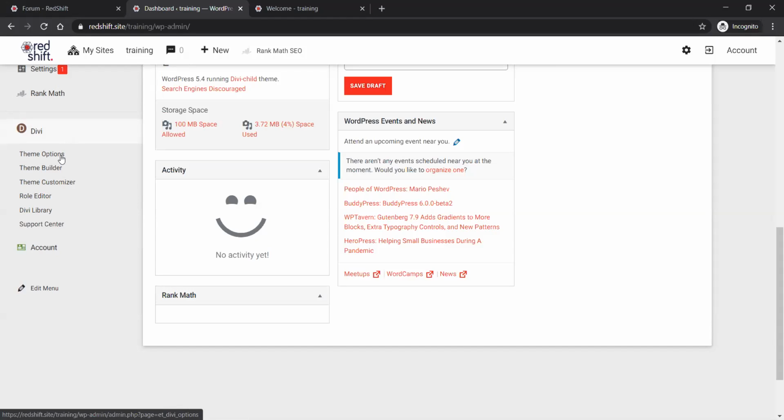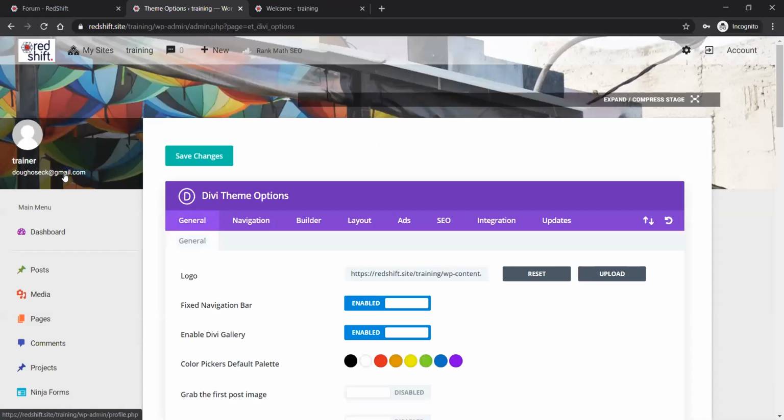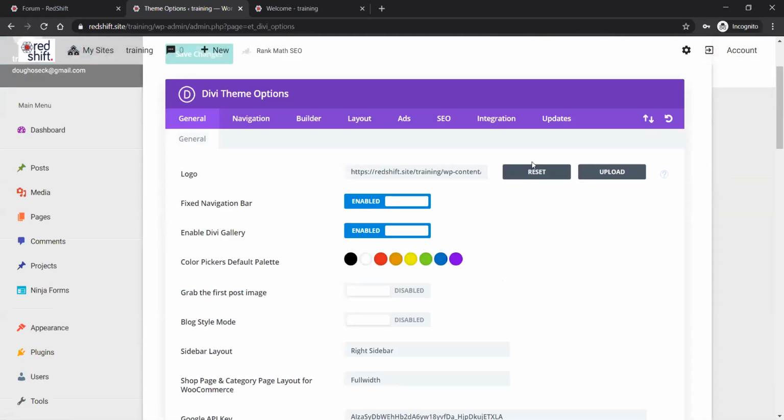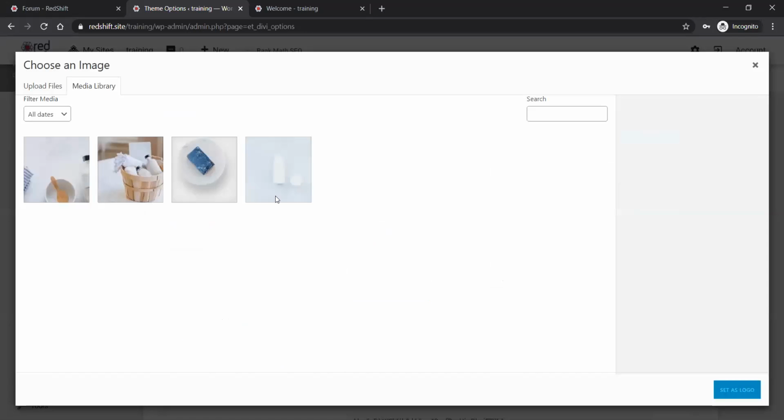And your theme options is something you definitely want to come and check when you first create a website. Because the very first option is, of course, logo. If you click the upload button here, it opens the media uploader. And I just need